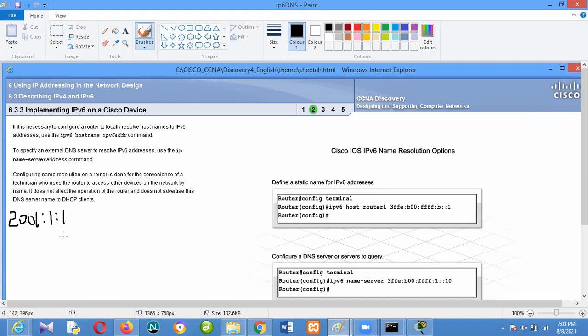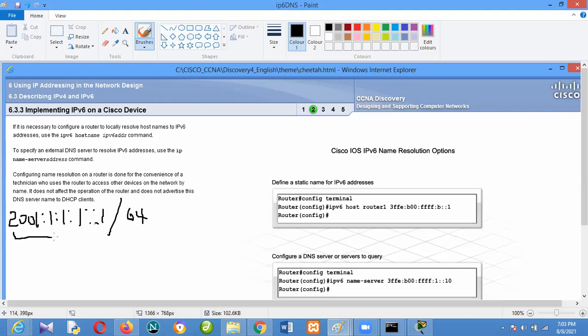These 3 are my global routing prefix. This one might be my subnet. If I do something like this, /64, I hope you understand what that means.